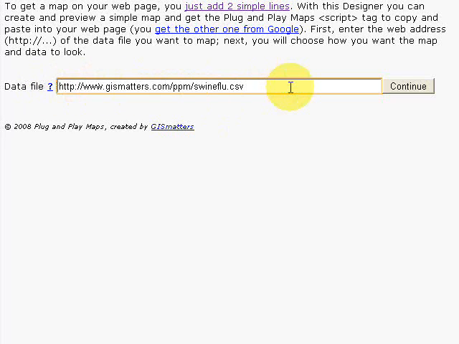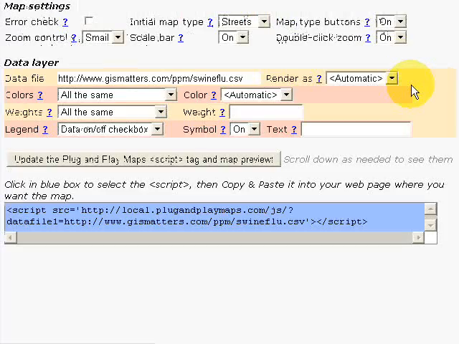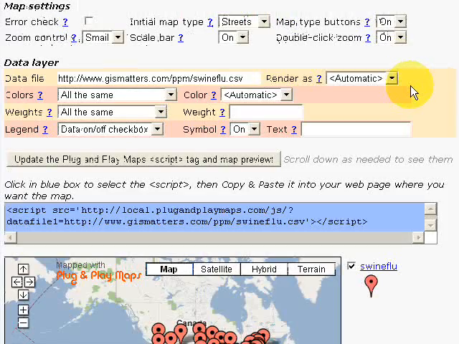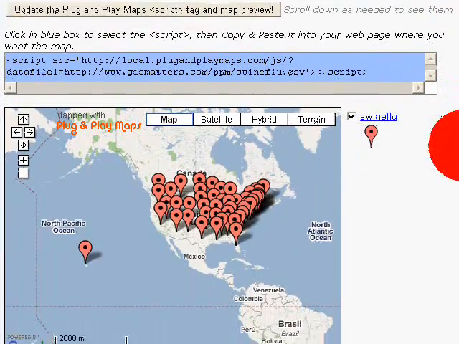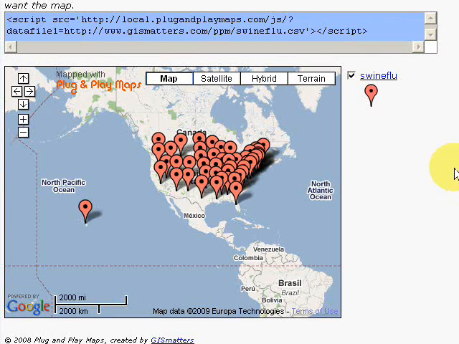So I'm pointing to the file on the web and going to start this interactive design tool here. So basically, Plug-and-Play Maps did just what it's supposed to do. It looked at that file and it delivered a map. The script tag is shown here. It wouldn't normally show on your web page, but we put it here so that once you get the map set up the way you want it, you can copy this and paste it onto your web page. The map is